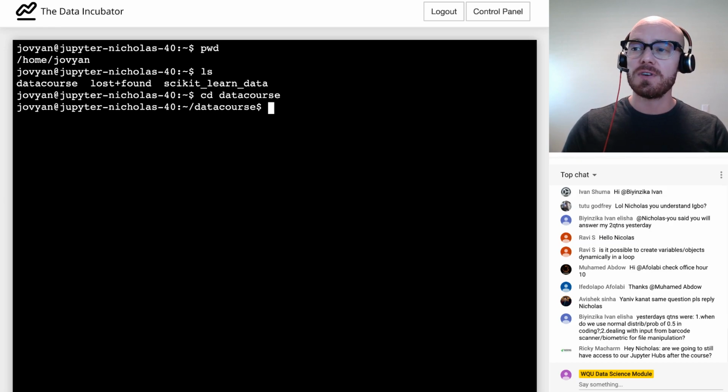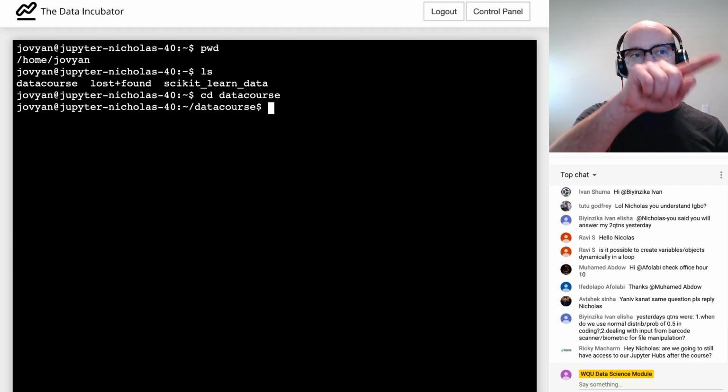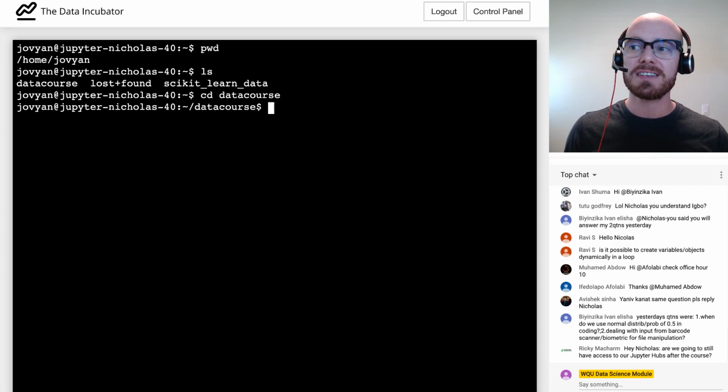Now that I'm in the data course folder, the end of my command line now has a little squiggly line / data course. So that tells me what folder I'm in.